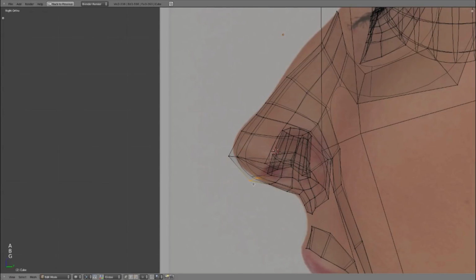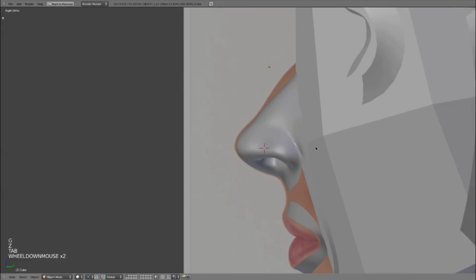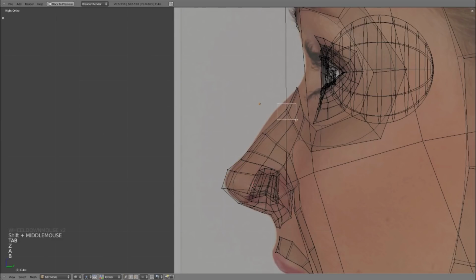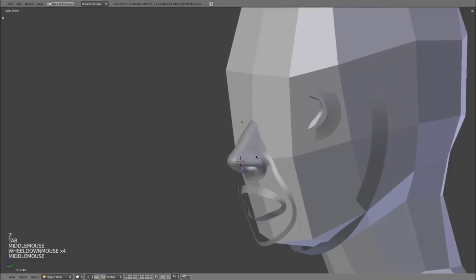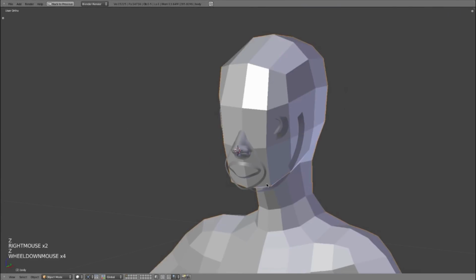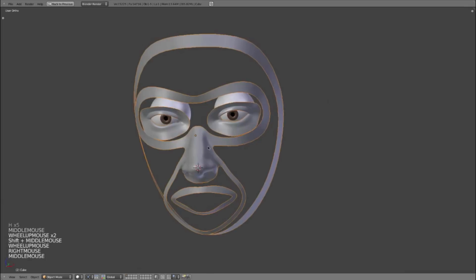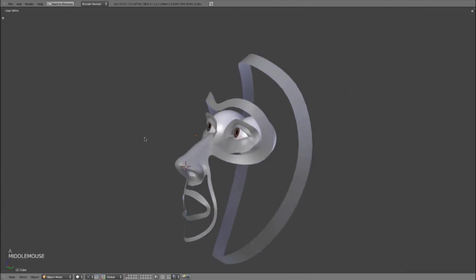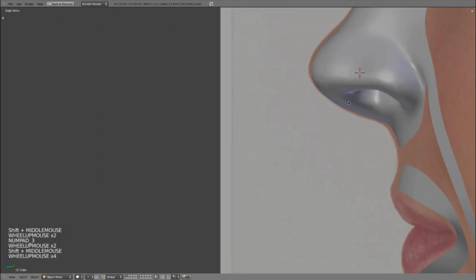So I'll bring the tip of the nose out, bring this part up just a little bit, bring that out a little more, maybe give her a bit more shape right in here, a little bulge to the front of the nose, about like that. Suddenly starts becoming a little bit more accurate. And you can see, immediately our face is starting to come together just with that little bit of addition